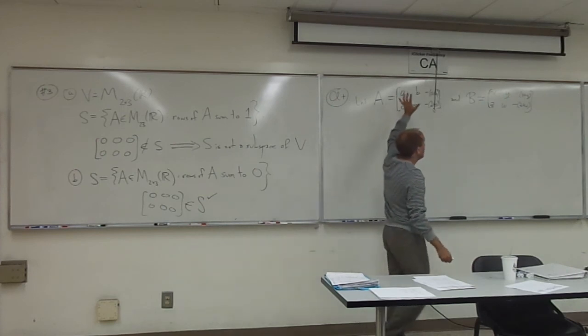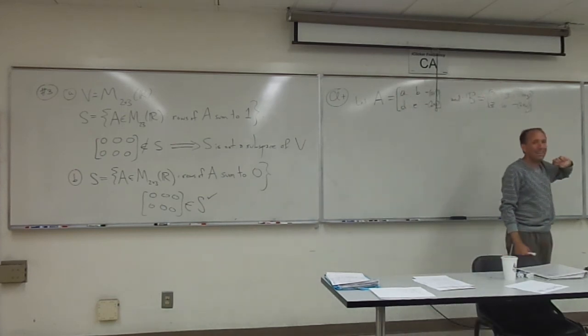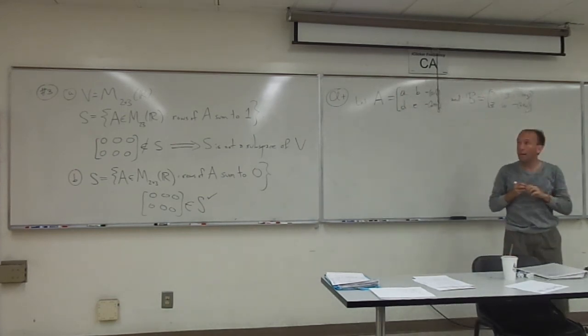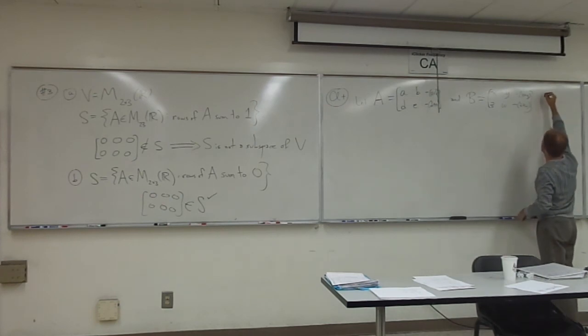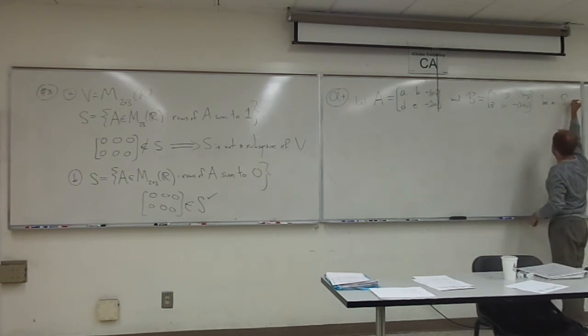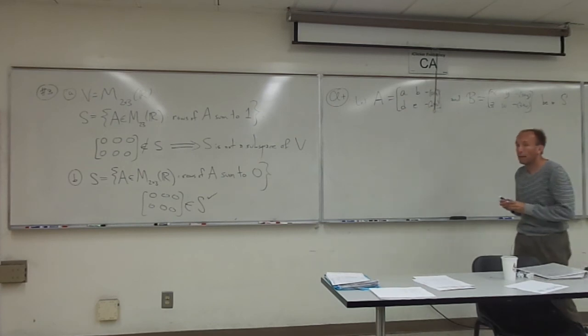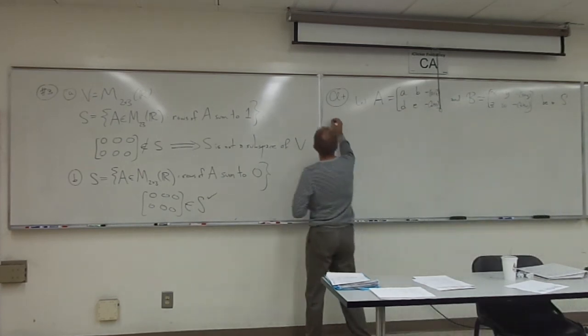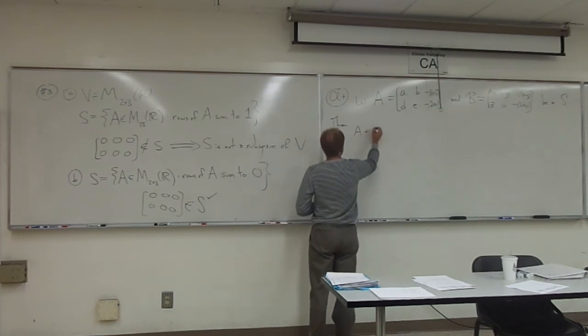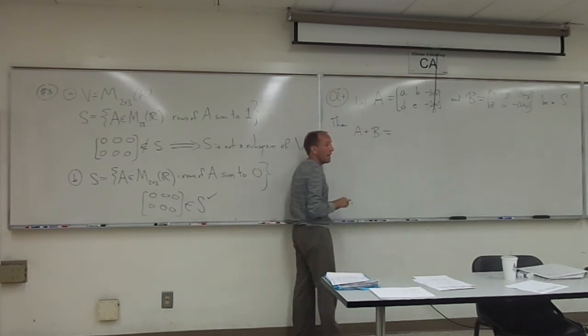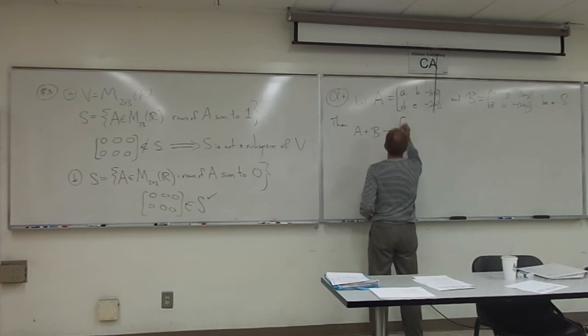So these are 2 general looking elements of S, right? So we should also say that here, let them be in S. Okay, so we got that. So then what? Add them together. Add them together for closure under addition. So we add them together. Now that's just a basic